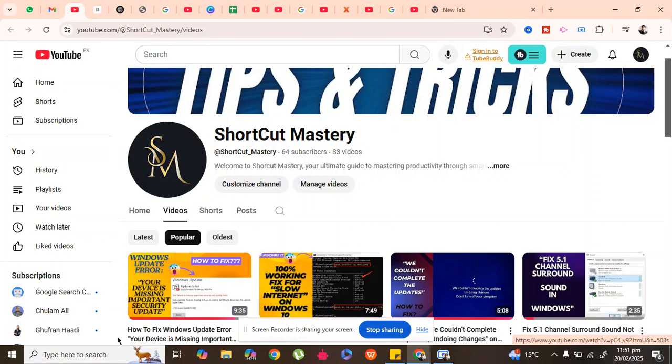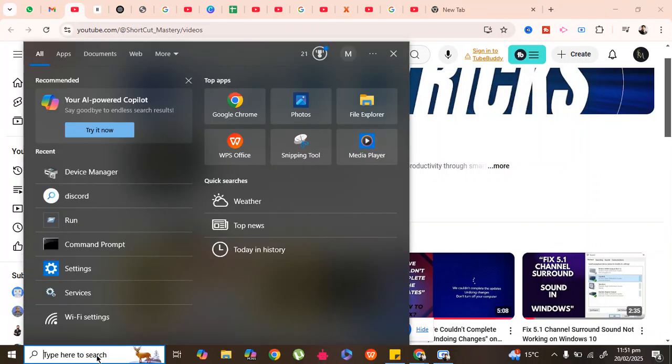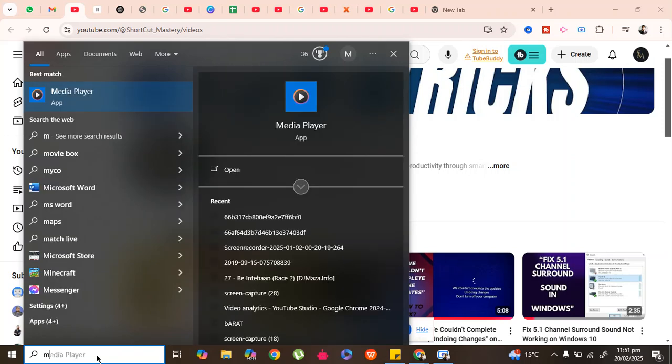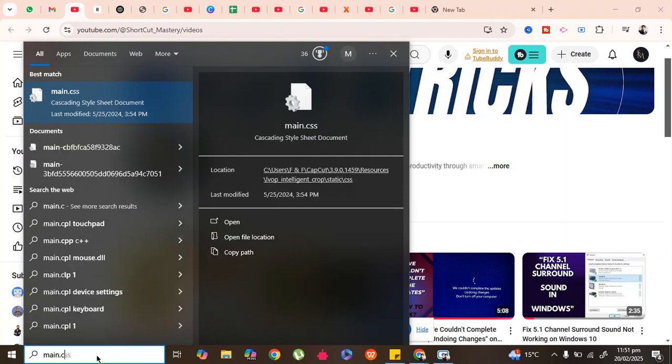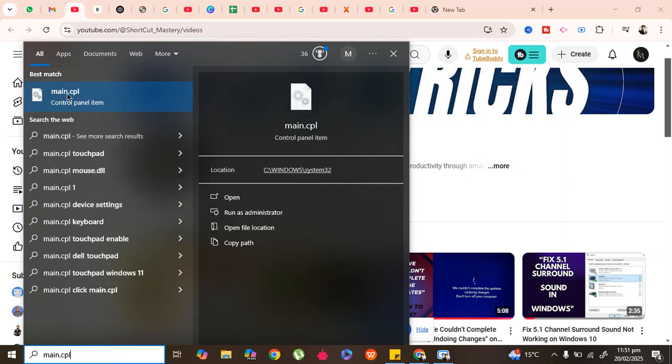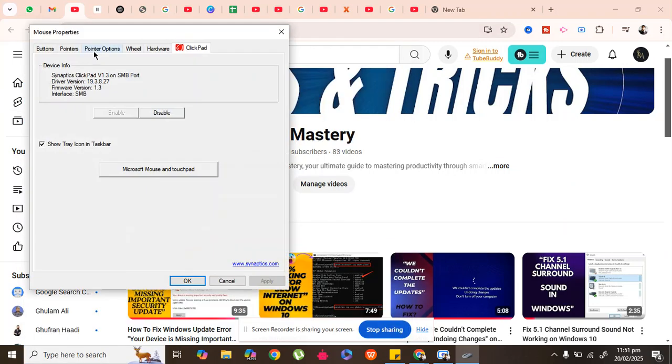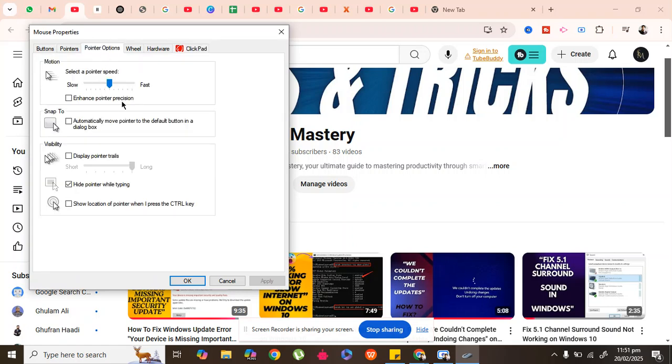By following this step your issue will be fixed. If it doesn't fix your issue, go to the search bar again and type main.cpl again. Go to the control panel again, and here go to the pointer options again. As you unchecked this in step one, now you have to check this option again, and